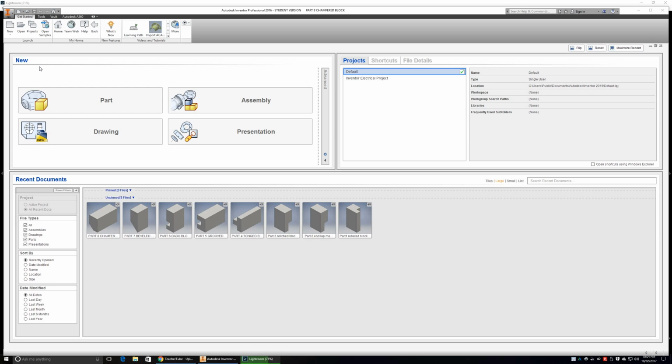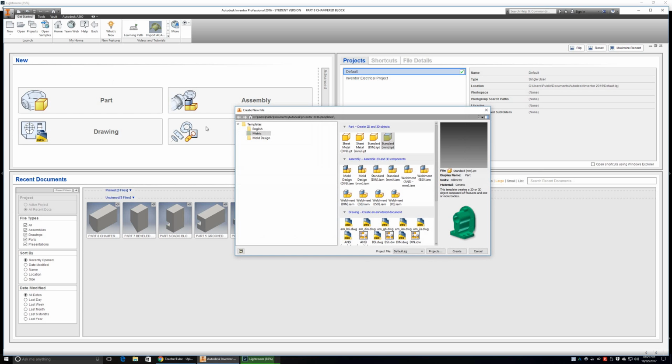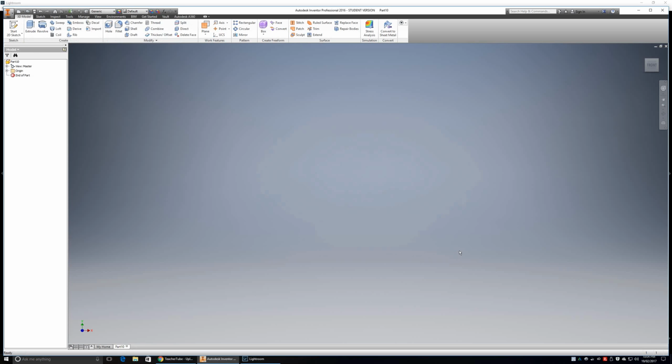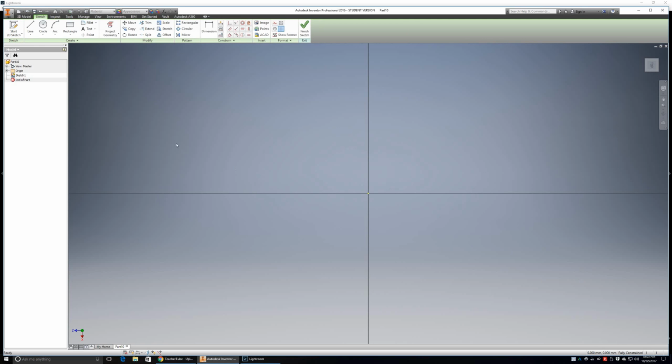So we're going to start off the same old way using New, come down to Metric, Standard, Create. By now this should be coming second nature to you, having done this 8 times previously. Got our drawing board. We're going to go up to Start Sketch. Going to come down and select a plane, the XZ plane, and this time we're going to go back to